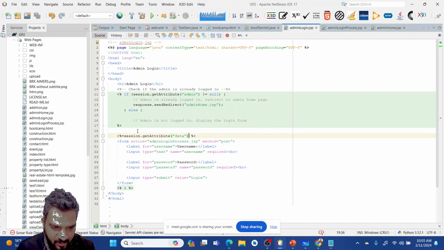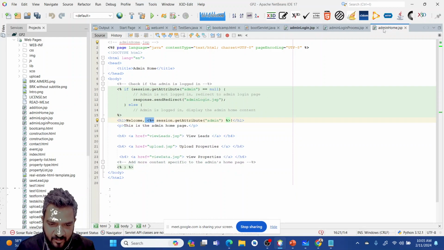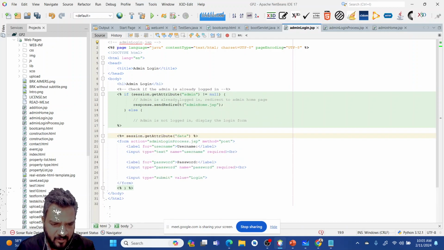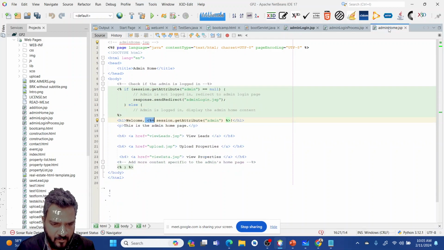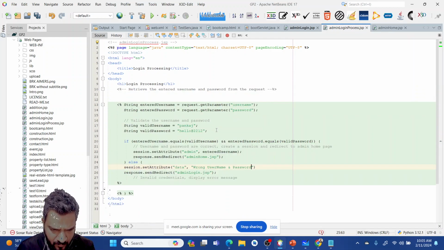Session dot get attribute admin, and that is ended perfectly. Line 13. Over here we forgot to put this semicolon.